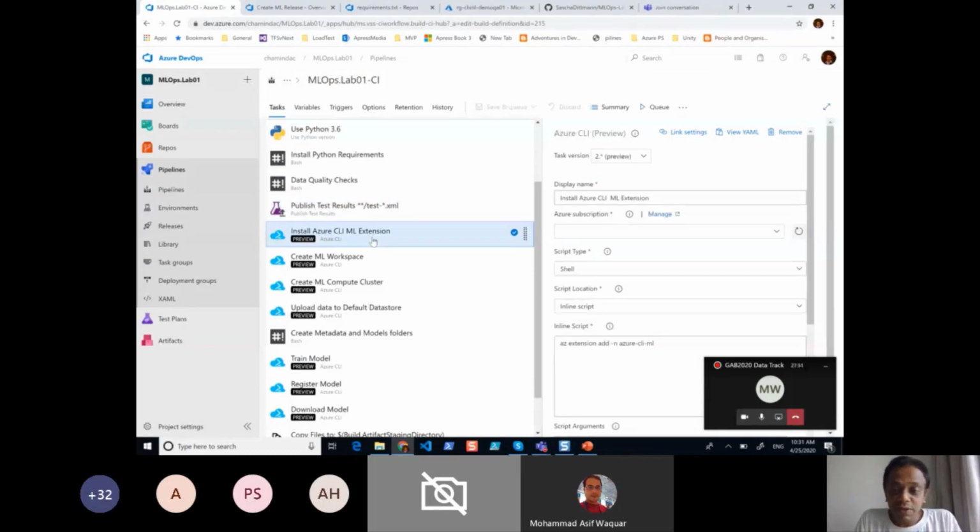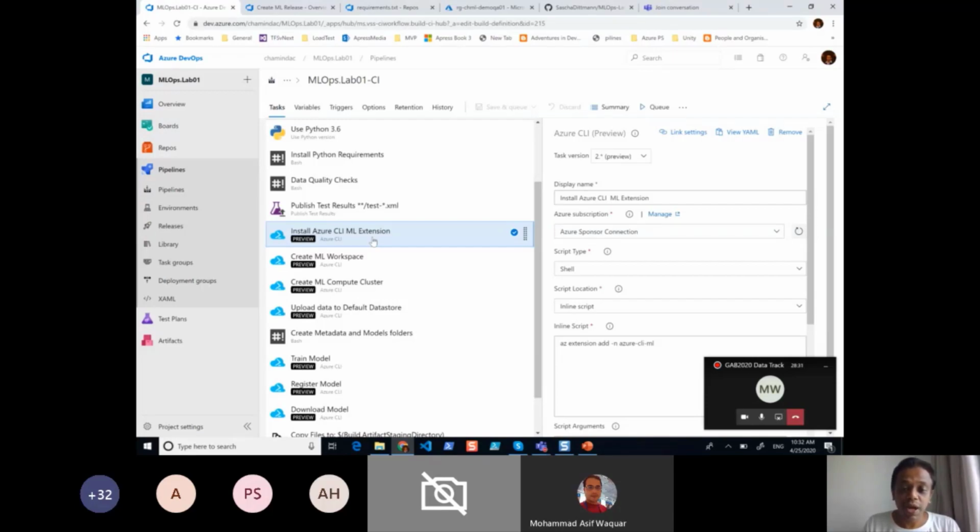The next step that we are going to do is install the Azure CLI extension. You can see that I'm using an Azure connection. You can create an Azure subscription connection into your Azure DevOps using a service principal. You can create a service principal using a command line if you want, or go and manually create an app registration and get the service principal implemented. Then you have to configure that service principal as a service connection in Azure DevOps, so that you can create the bridge between Azure DevOps and